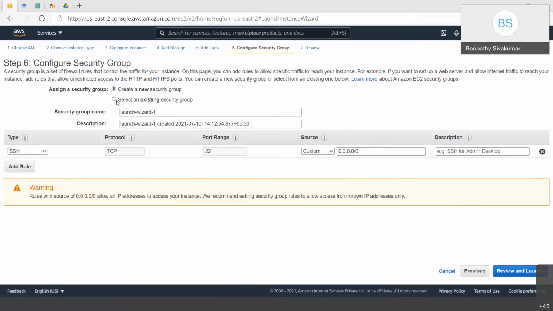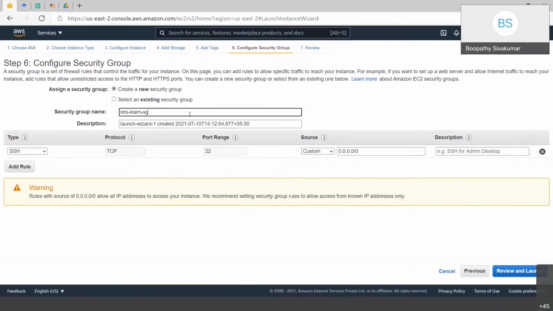Yeah, remove that launch wizard one, and give let's learn security group. You cannot use capital letters or space. You can use dash, not underscore, dash. Just give SG, meaning security group.